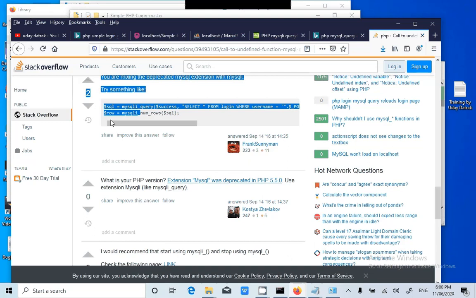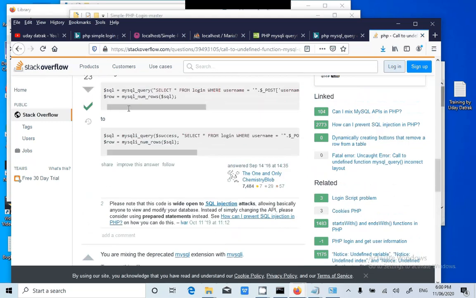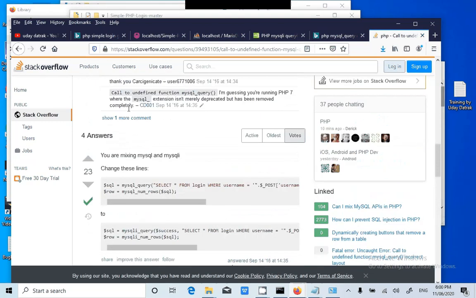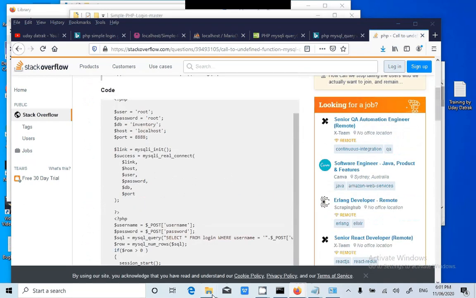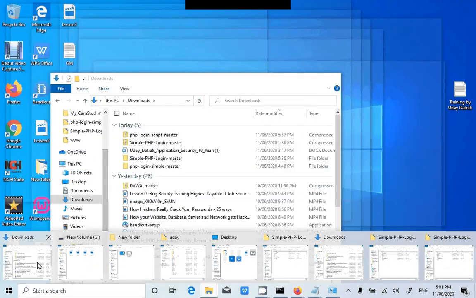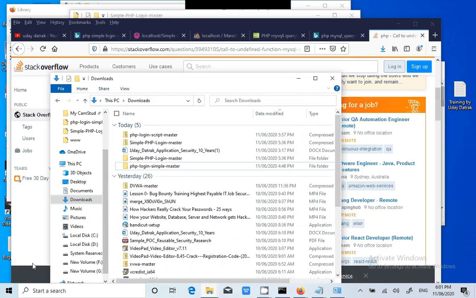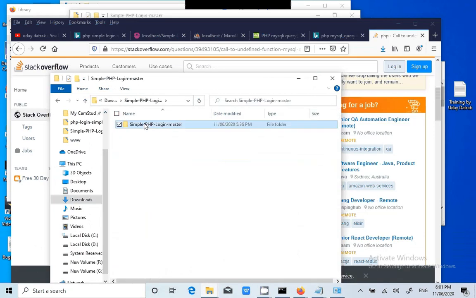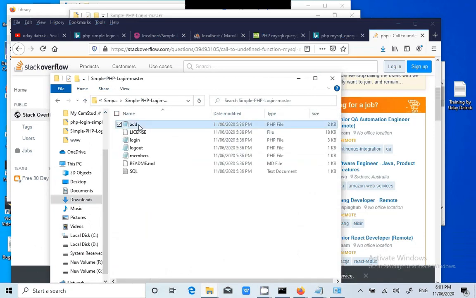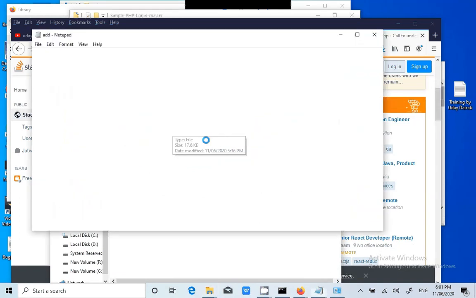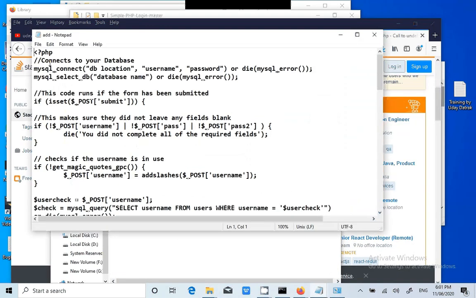So as per this particular code, previously the code was something like this. Every time whenever we are trying to connect, mysql_connect, mysql_select, we are adding MySQL to MySQLi every time.